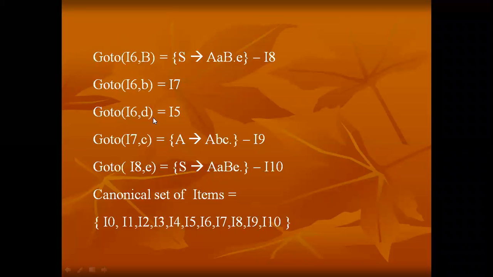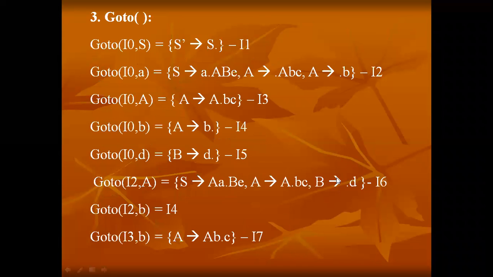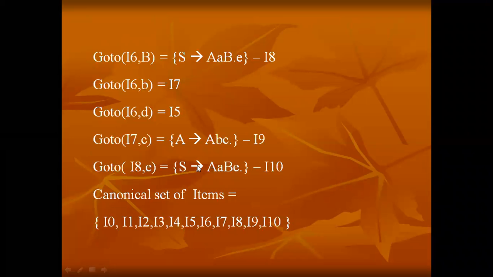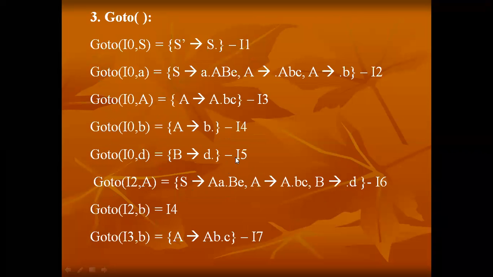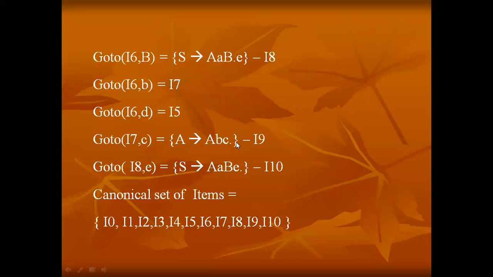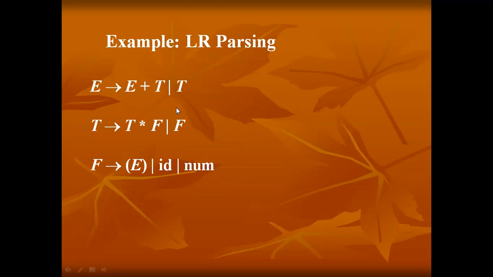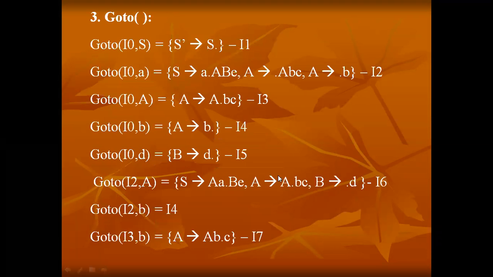And I6 with D. I6 with D means B D dot. It was already a completed production. That means we already processed that production rule. So it is the fifth item, so again, I am taking that I5. Now I6 was completed here. In I6, I call B, and I call D. And now this is I4. No need to write, no need to do the goto function.